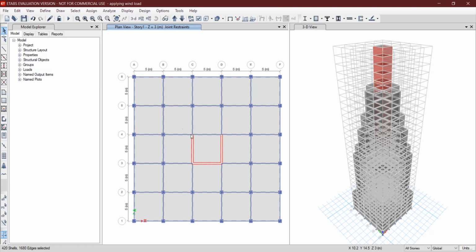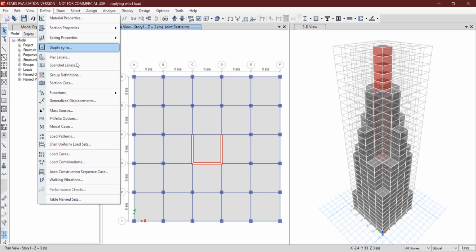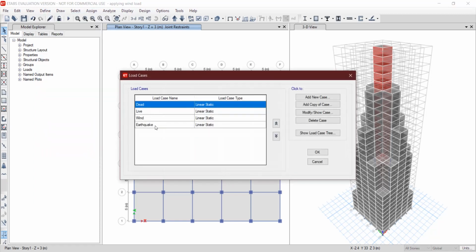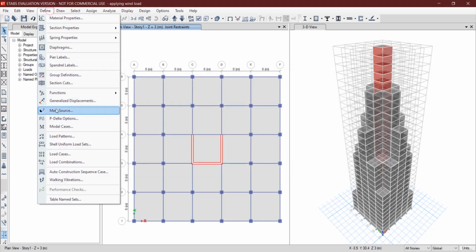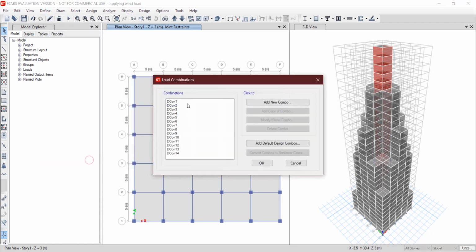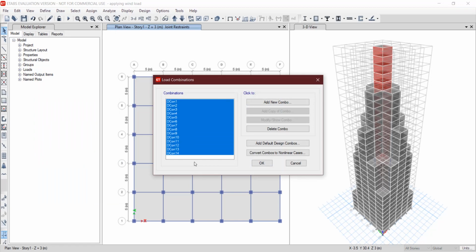and then I will go to define load cases, and here I will make sure that earthquake is selected, and then click on OK. Then go to load combination, delete all these combinations.